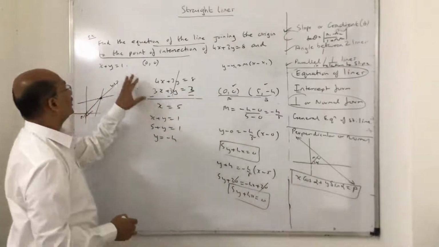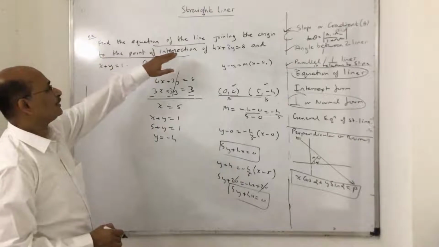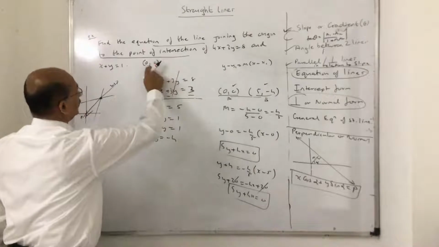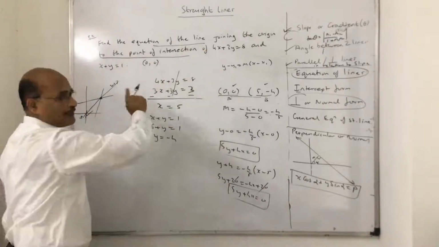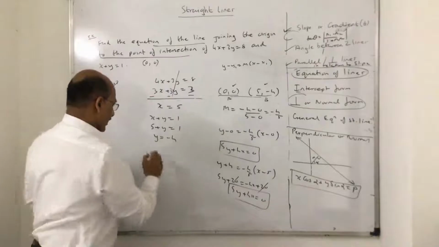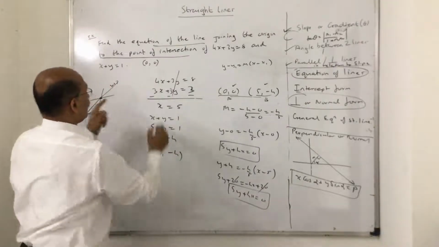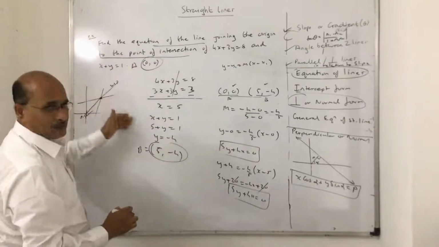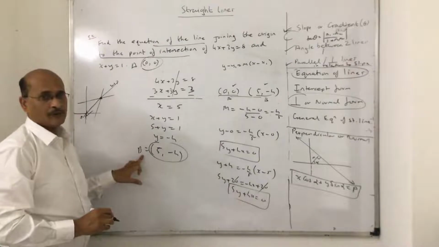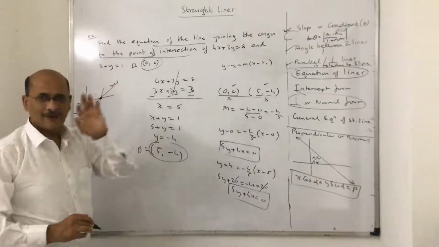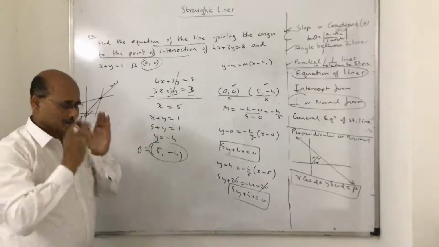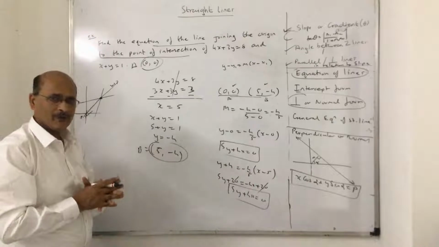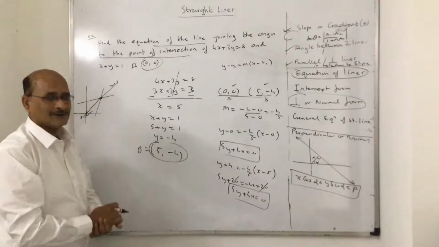But the important point is, understand the question. Find the equation of the line joining the origin, one of the points is the origin, and the point of intersection of these two lines. So I solve them simultaneously. So x and y, I got the point of intersection. So one point A is here, B is here. So they are asking to find the equation of the AB line, because that's the line which joins these 2 points. Okay, so questions are very simple. You need to analyze it and just put your thoughts into it, how you get to the equation, and that's the point. Okay, I hope you got this point, children. So pause and note it down.